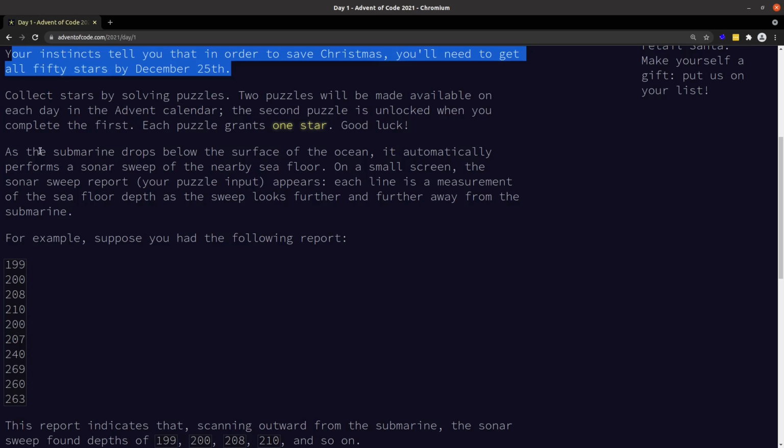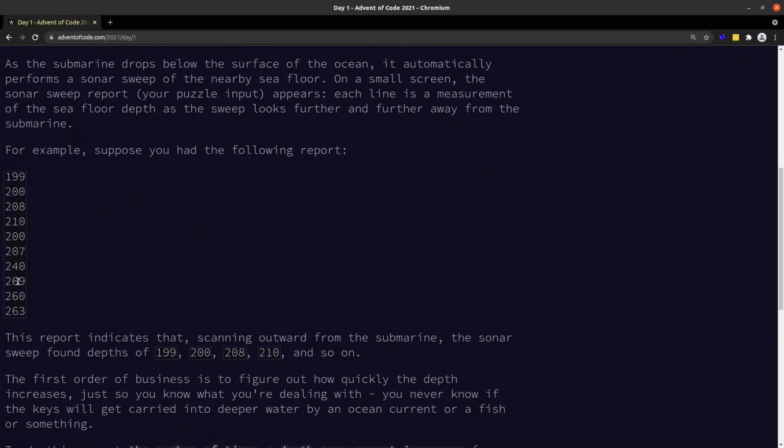So the submarine drops below the surface of the ocean. It automatically performs a sonar sweep of the nearby floor. On a small screen, the sonar sweep report, your puzzle input, appears. Each line is a measurement of the floor as it moves away, so it might look like this. So let's grab that